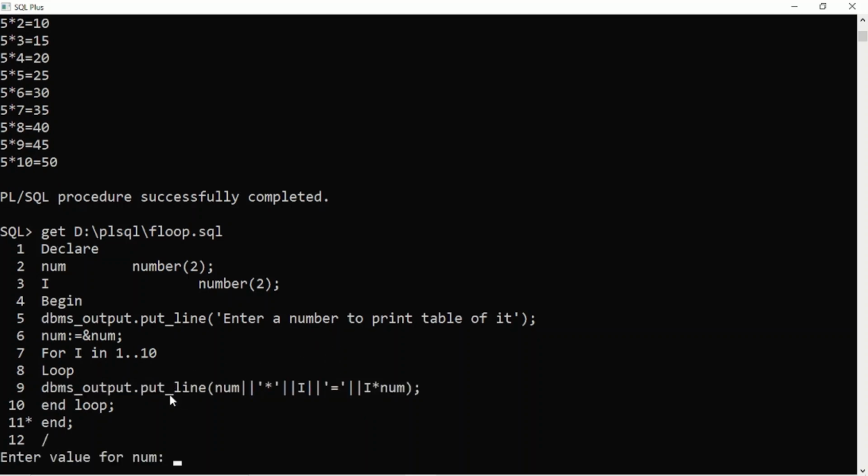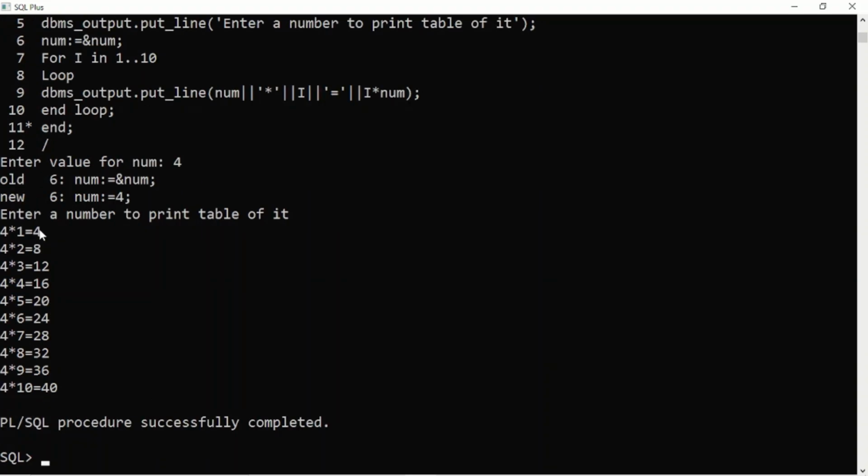So see, I have given say 4. So this 4, 8, 12, 16 will come from this particular part of code, I into num. This will come here. See, equal will come from here.